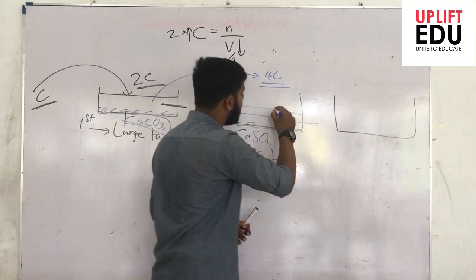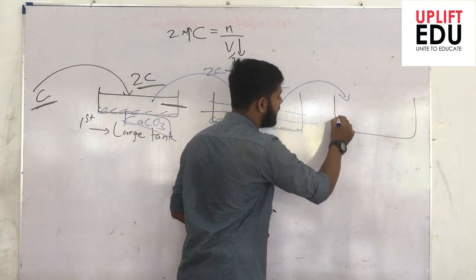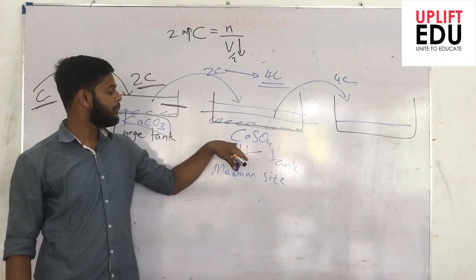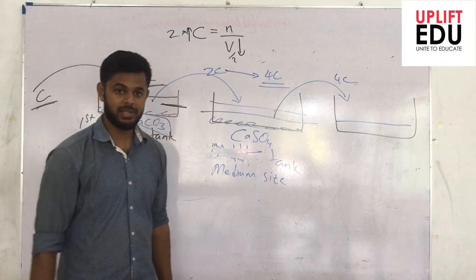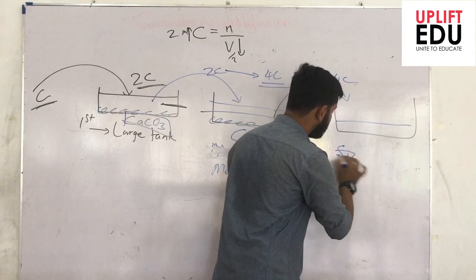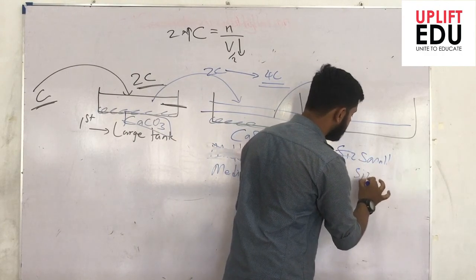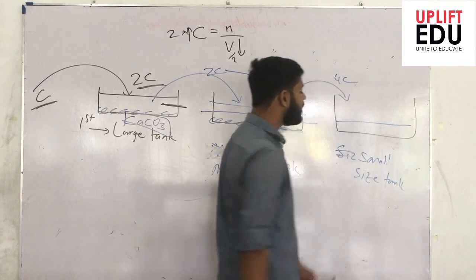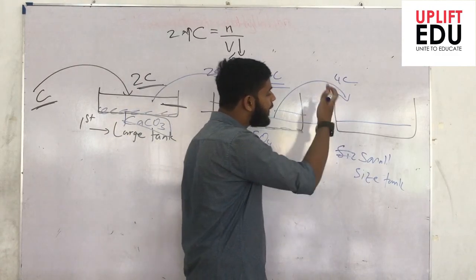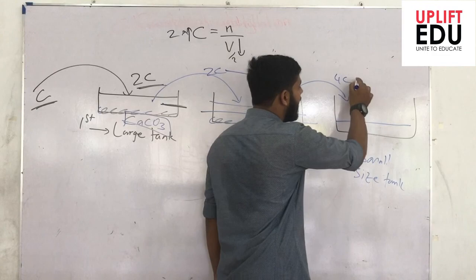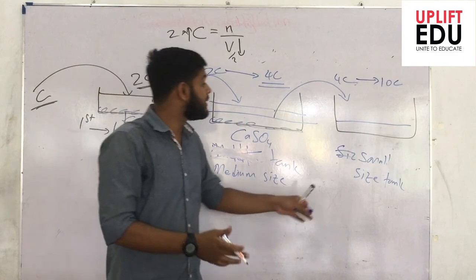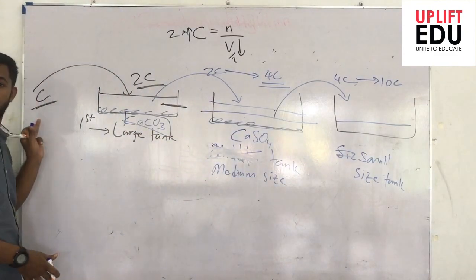So we can transfer the solution that attained 4C concentration into the next tank, and we can provide this calcium sulfate for the required industries that we don't consider here much. The third tank, we call it the small size tank, or the third type tank, right? In the third tank, we allow further evaporation to carry out until the concentration turns into 10C, or 10 times concentrated compared to the initial sea water, right?